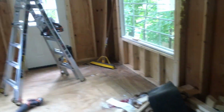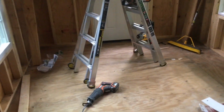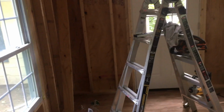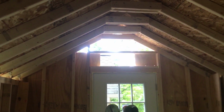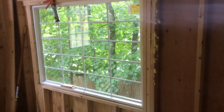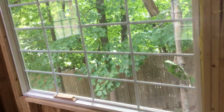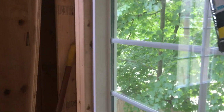All right, so I'll tell you what, it turned out to be a nice sized room. So that's it. It is shelled up. A little bit up there I got to do, just that arrow. I'll probably do that later on. I'm tired. I'll tell you what, that window is real nice. I mean, you can't see it. Let's see if we can see it from here. You really can't with all the leaves,